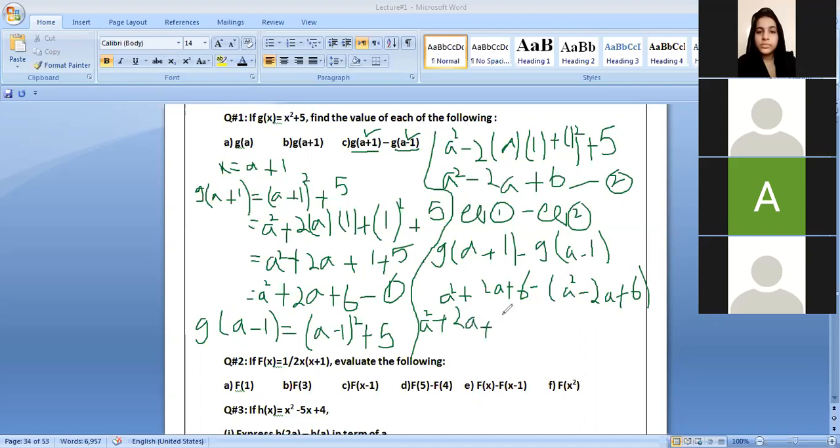We will write the first bracket as it is. Okay, opening the bracket, the signs will change due to the minus. Minus, it becomes minus a square. Okay, and then minus minus plus, and minus plus minus. Okay, and then class, opposite signs cancel each other, like a square minus,